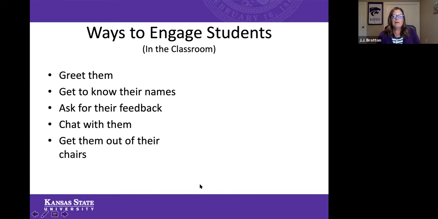I'm seeing some stuff going on in the chat here, so I just want to see if there's anything I should comment on. Fun resources, that's good. Yeah, numbering works well for groups. I like that too. Yeah, I can definitely share my random group generator. It's an Excel spreadsheet that somebody gave me, and basically all you do is paste all your students from your roster in one side, and then it pops them into groups on the other side. So yeah, I could definitely share that with you.